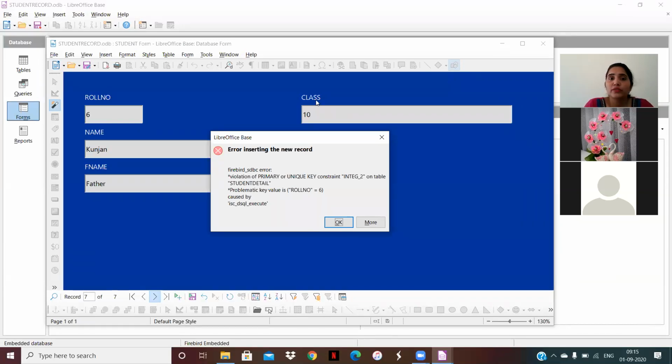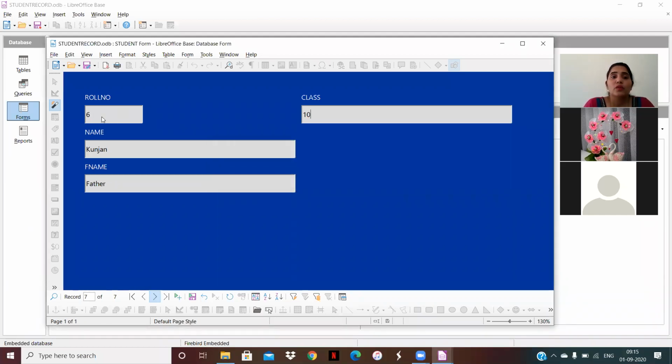Yes, my dear students, do you know why it shows the error? Because in the roll number field, I entered a duplicate value. And all of you know that roll number is a primary key, and a primary key field never takes a repeated or duplicate value. That's why it shows the error.